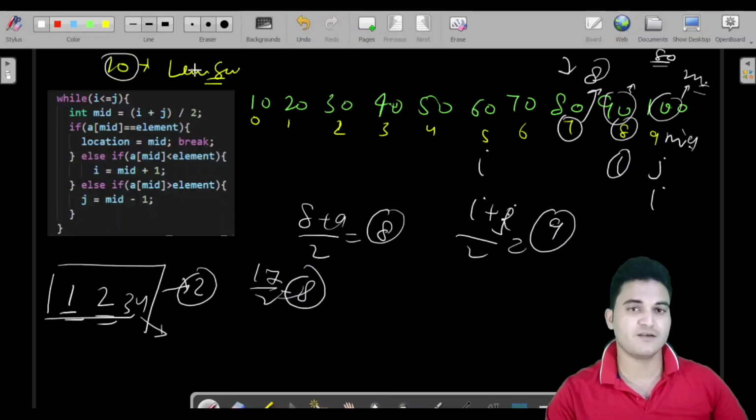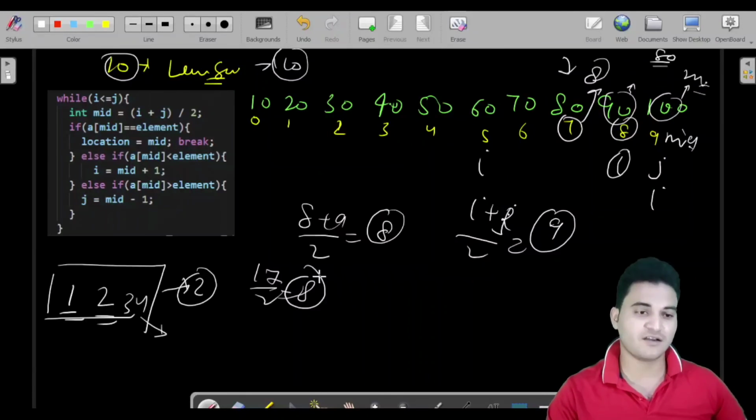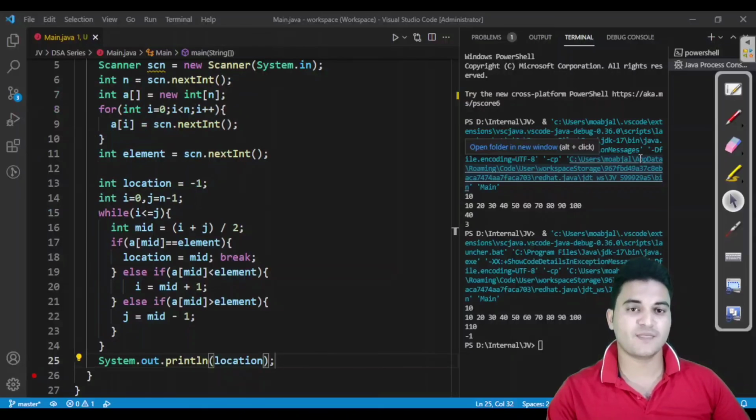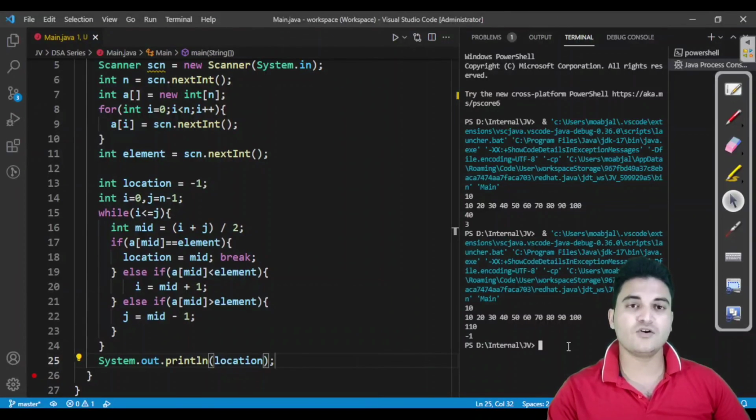So 3 and 4. So if you are searching for 100 using linear search, then you are having 10 iterations. If you are searching for the same element inside the same array using binary search, then you are going to have your element only in 4 iterations. So that is why this is more optimized than the linear search. And I have already shown you the logic for linear search also. And you already have seen the difference and the optimization process in both of the algorithms. So whenever you have to search for an element and you already know that the array would be sorted, then you have to apply the binary search there.